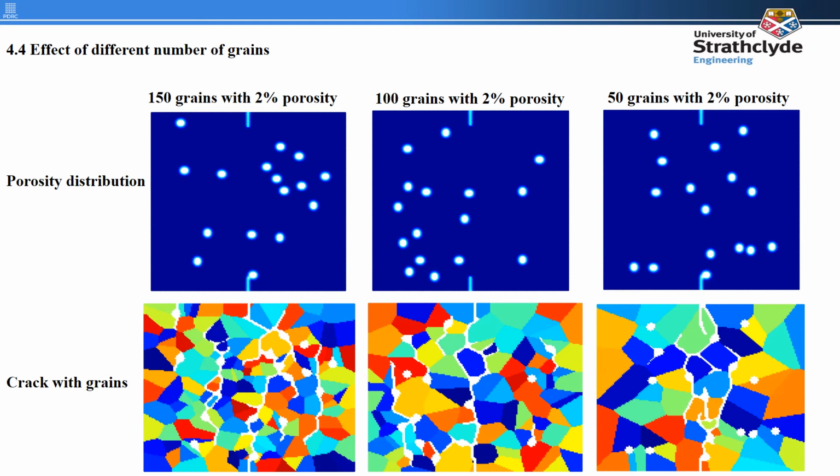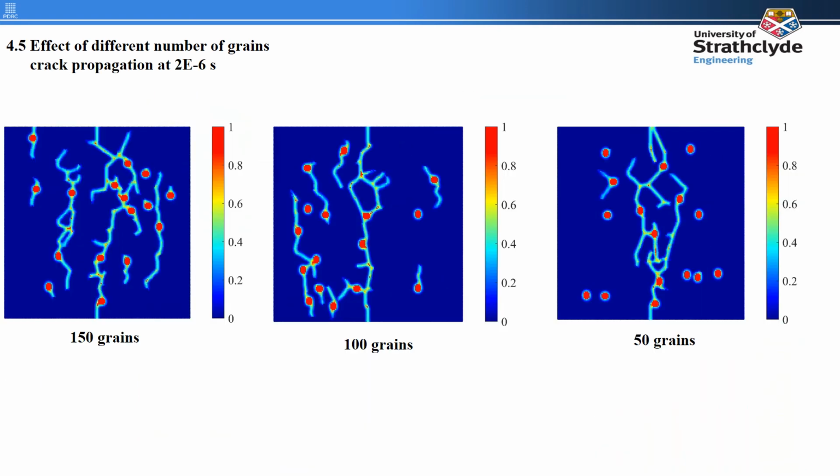Another 3 cases are added to explore the effect of the grain numbers, percentage of porosity, and also the grain boundary strength. First of all, the number of the grains is reduced to 100 and then 50. When the grain number is 100, although the severity of the fracture is decreased, the change is not obvious. But when it comes to 50, only the major crack is clearly kept. Here are the plots for the damage at the final time step.